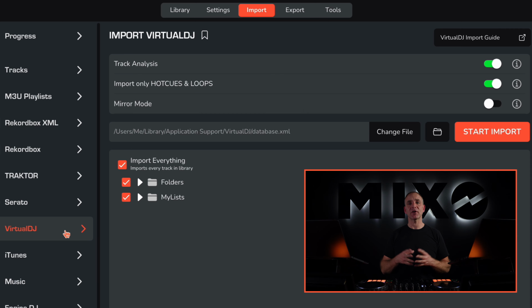If you'd like to start with a fresh Mixo library, enable Mirror Mode. Mirror Mode will completely replace your Mixo library with the library you're importing, so all your playlists and tracks will match your Virtual DJ library exactly. If you don't have Mirror Mode on, then Mixo will merge your import with your existing Mixo library. To speed up this import, Mirror Mode will analyze any new tracks in the import and use the previously analyzed info for tracks that were already in your library. If you want to, you can reanalyze tracks for your whole library or certain playlists after the import is complete.